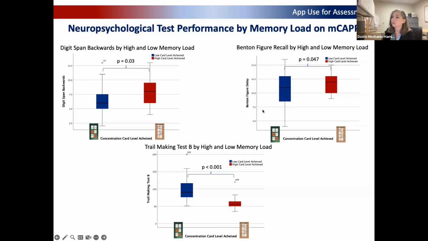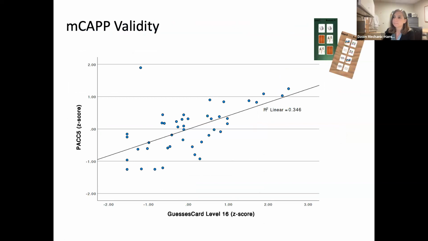We're seeing differences in those groups on their figure delay, and also on some of the other measures, in this case, trail making B. So, we're looking to see for these tests, they are likely going to map on to multiple tests within our typical battery, and seeing how we can kind of tease apart some of those aspects of these tests. So looking at the correlation between the 3 tests and some of the sort of typically used in the preclinical AD area. So this is the PAC-5.